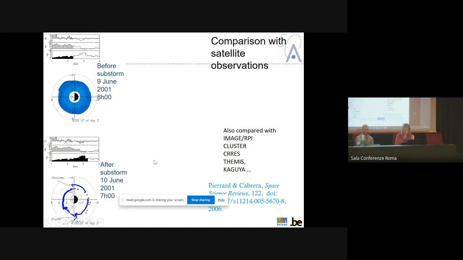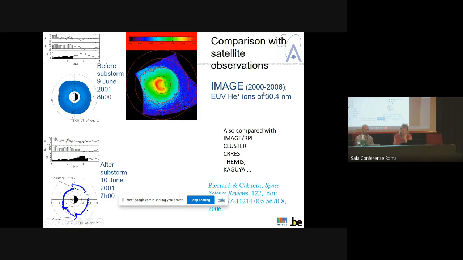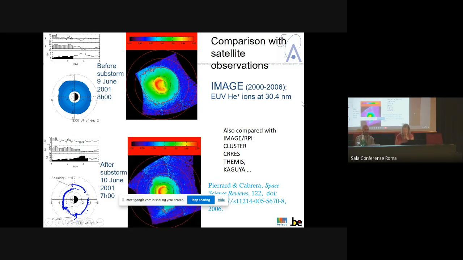Thus we have compared with IMAGE, the satellite that provides observations from 2000 to 2006. The best observations are in 2000 and 2001. This is when the spacecraft is above the North Pole, thus we have no observation all the time, only one or two times per day. And at that time, we obtain indeed a plasmasphere quite extended and almost circular, while after the storm, we obtain